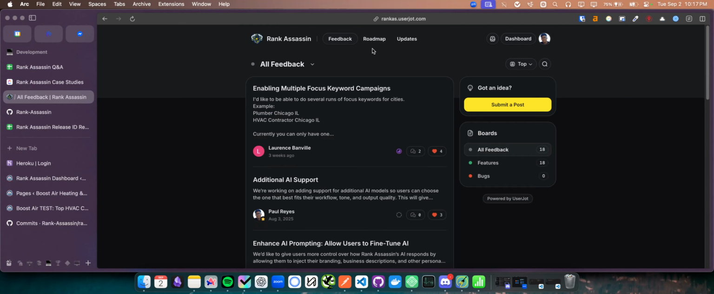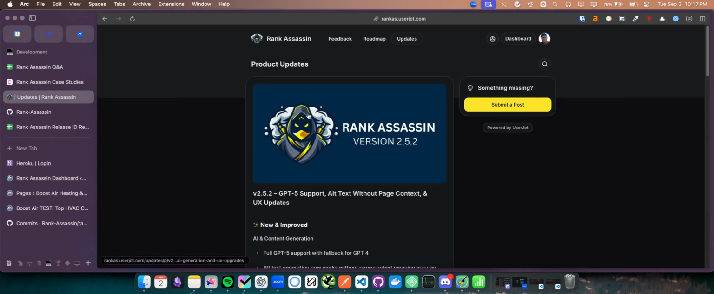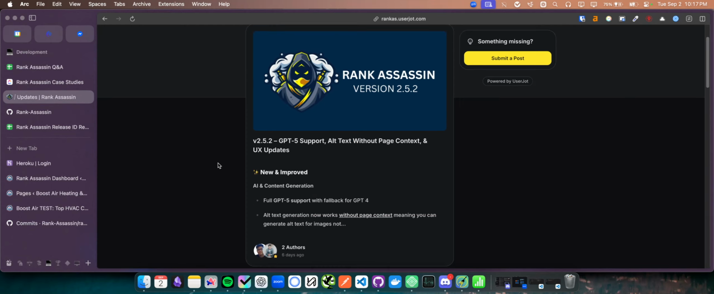We're always looking at the users, what they need, what we as SEOs need to help save our time, because essentially that's the goal for Rank Assassin. We want it to streamline your SEO work and make it so that you save a lot more time for the value that we're providing. But yeah,